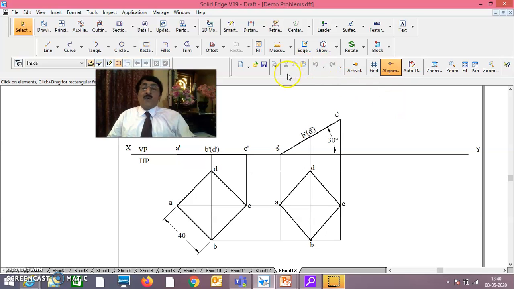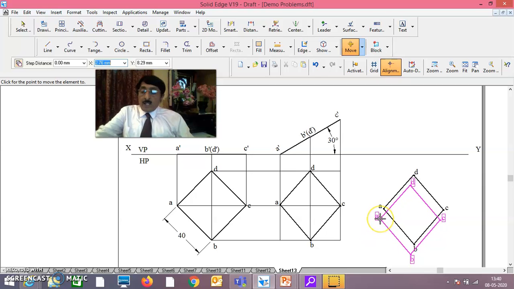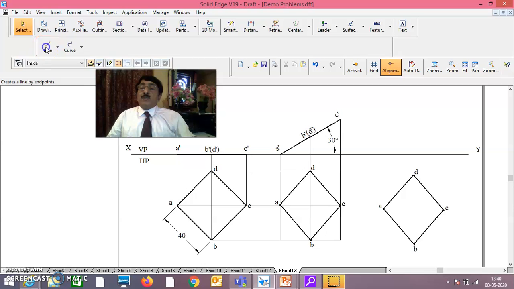What I'll do is, first I'll move. I take the move command. I'll take the entire thing and see that this is on. Move and copy, no? Because this should be there. Take one point here as reference. Here you take. And I press escape. Now it has come here. Now, if you want to have a reference,